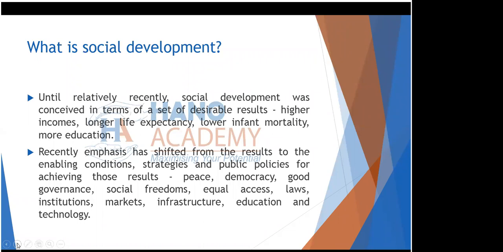So this has been the thinking, the thoughts of humanity in terms of what social development is all about. People have been thinking about social development that encompasses higher income, longer life expectancy, lower infant mortality, and more education. So these are some of the views and theories of human beings in our society, that whenever people think about social development, then it's all about higher incomes, getting a good salary, longer life expectancy, that meaning living long on earth, lower infant mortality.